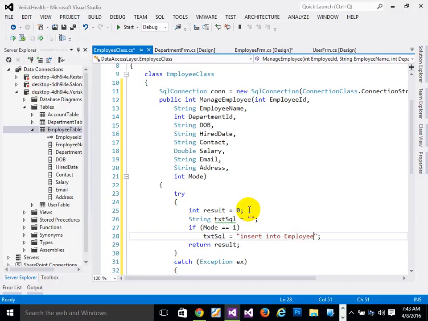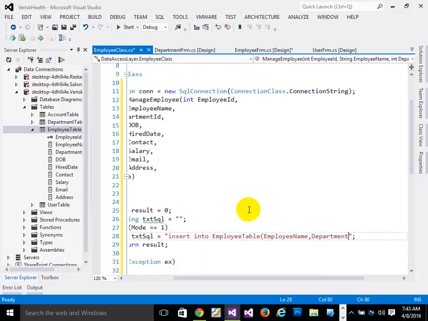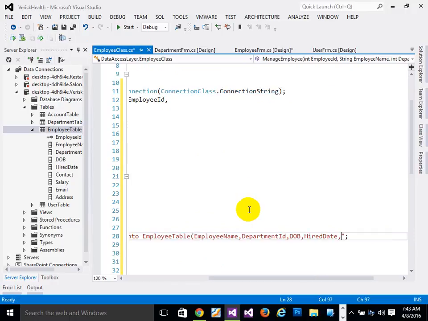Employee table. The values are employee name, department ID, DOB, hire date, contact, salary, email, address. Okay, these are the things, and then the values are